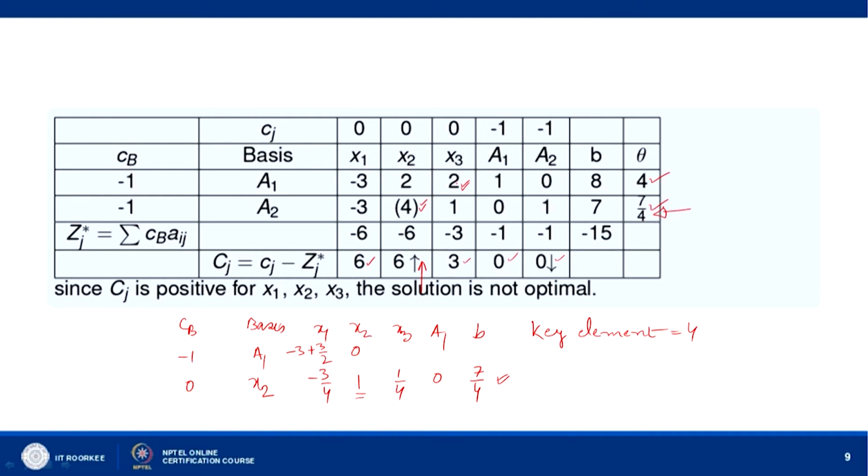And here we will get 2 minus, we are multiplying 1 by 4 by 2, so 1 by 2 we are subtracting from 2. So, 2 minus 1 by 2, and here we will get 1 minus 0 into 1, minus 0 into 2. So, that will be 0 1, and then here what we will get is 8 minus, we are subtracting 7 by 2. We are dividing it by 4 then multiplying by 2. So, we are doing 8 minus 7 by 2. So, how much will this be? This will become minus 3 by 2.